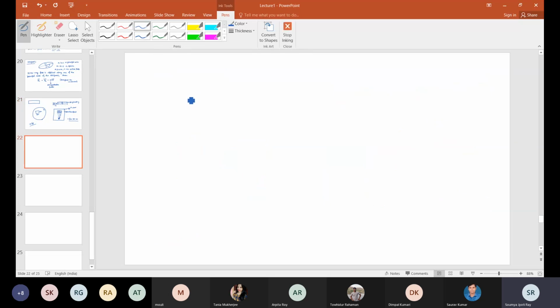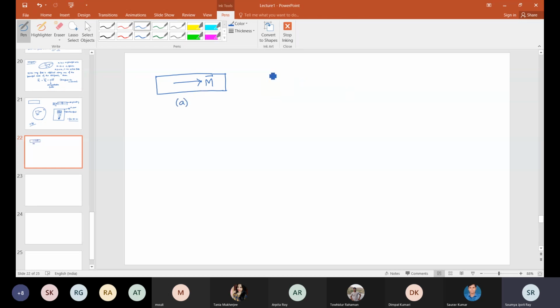Okay, so now suppose I have a film like that. Okay, now, so this is, let's say, the iron film. Okay, and let's say it is magnetized in this direction, or let's say the applied field is in the same direction. Okay, so externally I am applying a field which is along this direction.